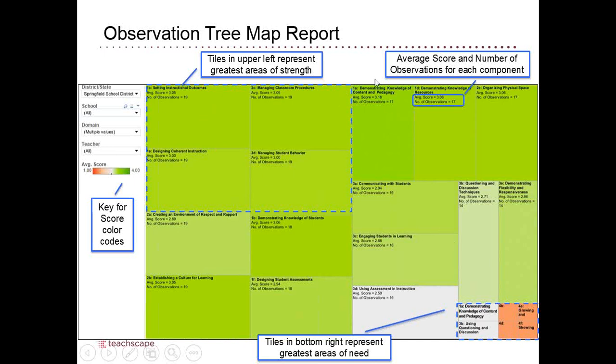And so it breaks out, showing you the numbers of observations, and you can set a threshold saying, don't even show me this if there's only been one observation, because I want to make sure I see at least two before I have a conversation with somebody about this type of thing. But this actually gives you strengths and weaknesses. But that's a snapshot of essentially averages across observations.